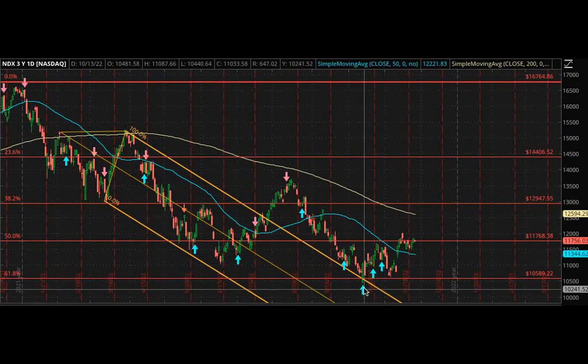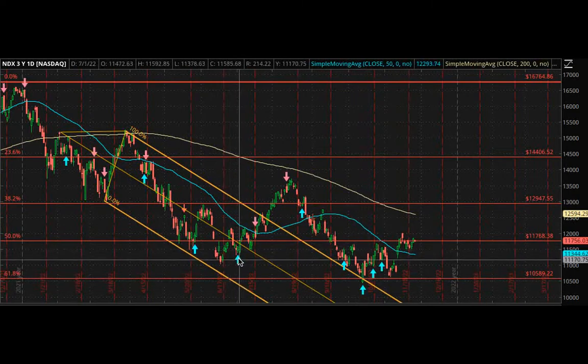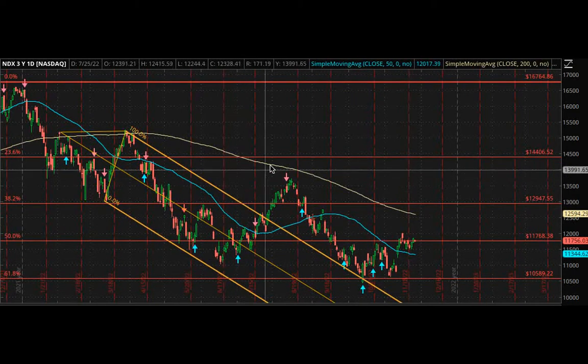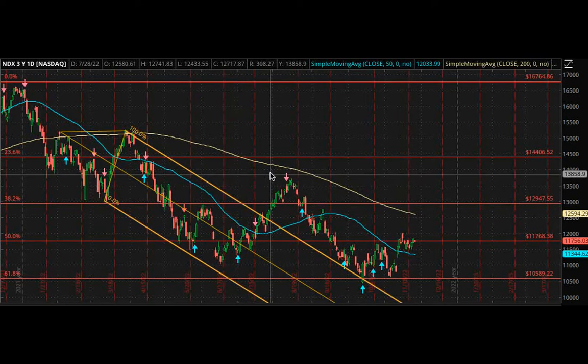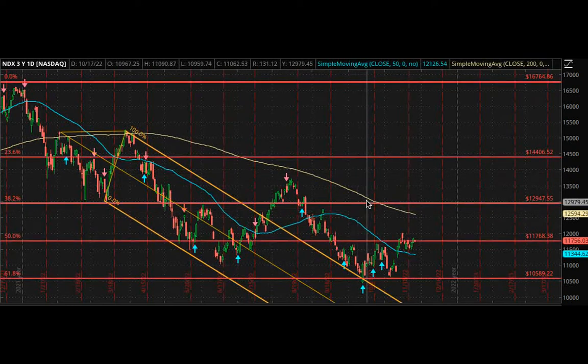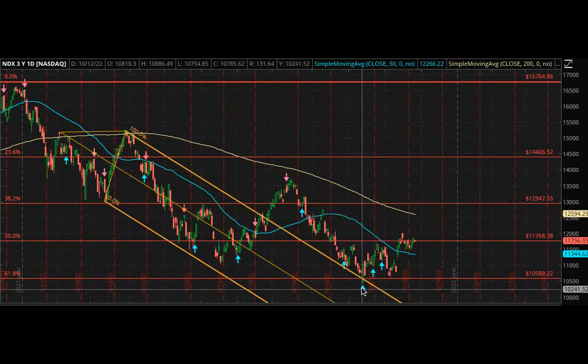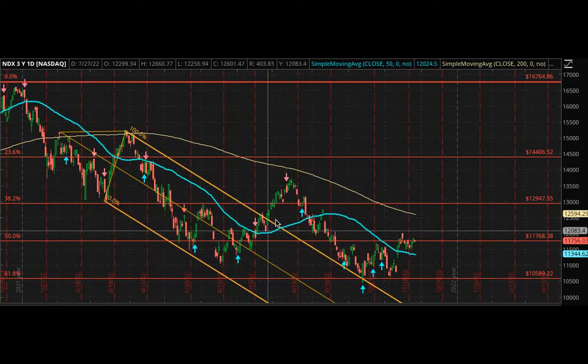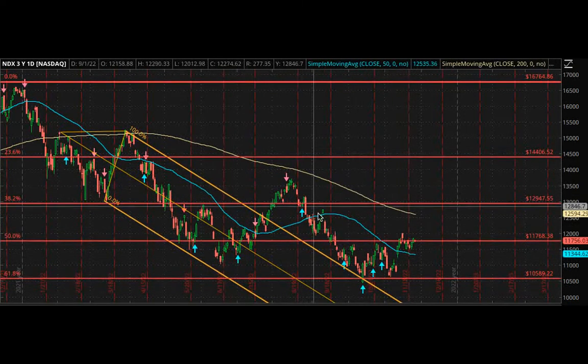And we'll talk about these indicators on another day. If you want to know about these indicators and what these lines are, let me know in the comments. I'll definitely go into those if you want to know. But basically, these are the indicators that point us upward for a little mini bull market in this bear market.